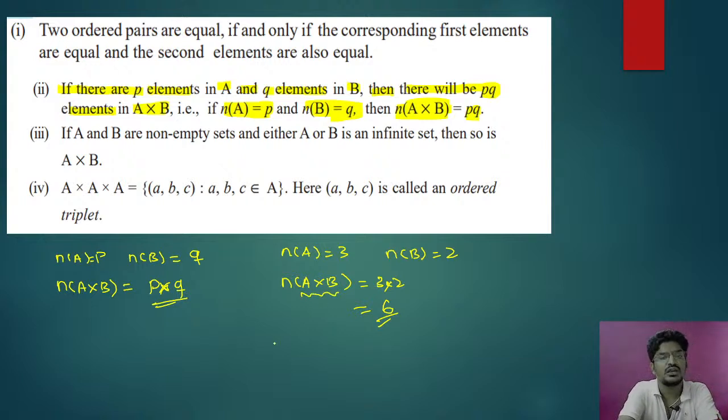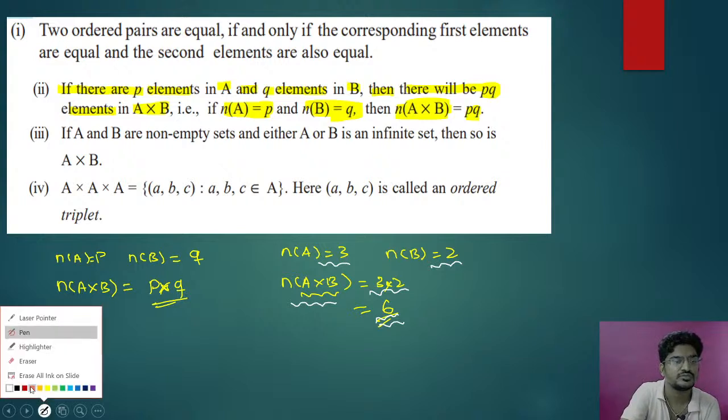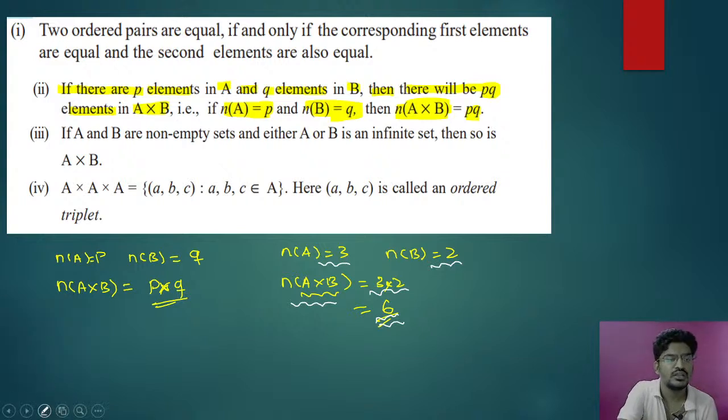So from this I think you can follow the concepts, no problem, and most of you can also understand it, because n(A) has 3 elements, n(B) has 2 elements, so therefore n(A cross B) has 3 into 2, that is 6 elements. So quickly tell me, all of you, have you understood this? So that I can go for the third statement. See the third statement, that is, I will go for the third statement with the second statement. Okay, see here, if A and B are non-empty sets